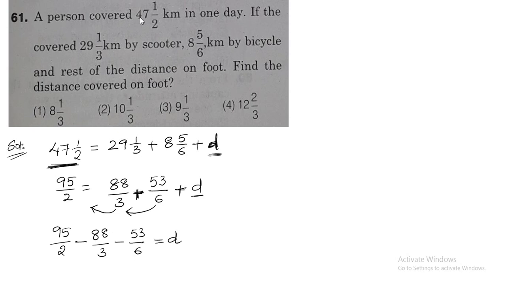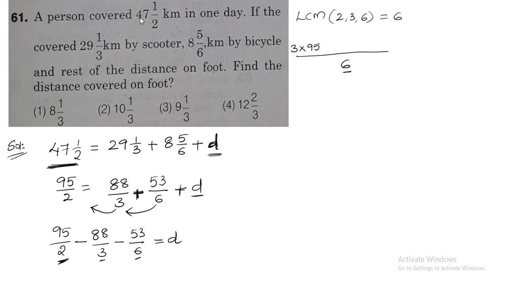This is equal to D. Now if you observe here, the denominators are different. Whenever you have unlike fractions, we need to take the LCM. What is the LCM of 2, 3 and 6? It is clearly 6. You can find it out. So the LCM is 6. Now by considering that LCM as 6, this particular 2 in 6 goes in the 2 table. So when will you get 6? 3 times. So that 3, with that 3 I need to multiply the numerator.